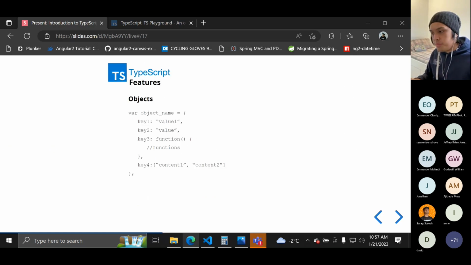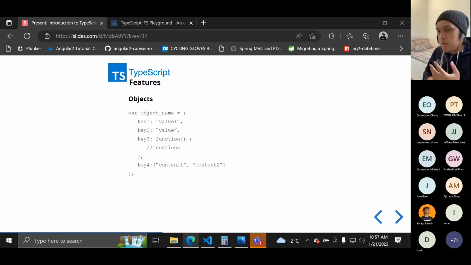Right. So TypeScript has classes, has interfaces. Also, you can define a generic object. An object is just like a JSON object. You can define the properties, the value of the properties, and you can even add functions to the object.